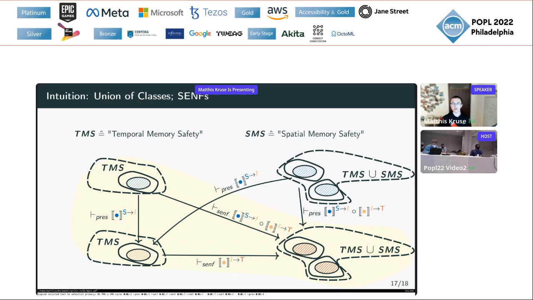However, the composed secure enforcement is even stronger in a sense, because we also have a second option. Given an arbitrary source where we know nothing, this left branch here falls completely away, and we just use this secure enforcement. The least thing that we know is at least that it is spatial memory safe, due to the fact that it is an enforcement.